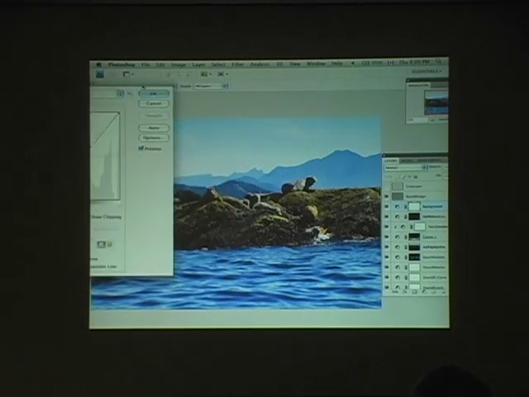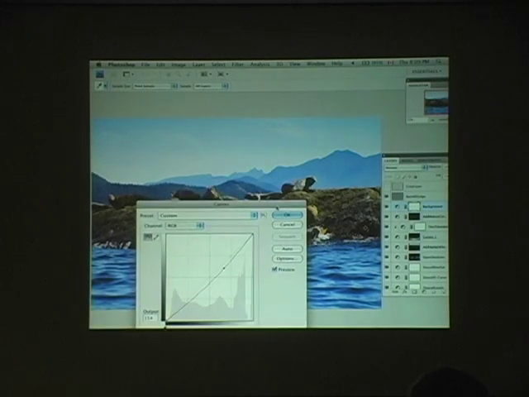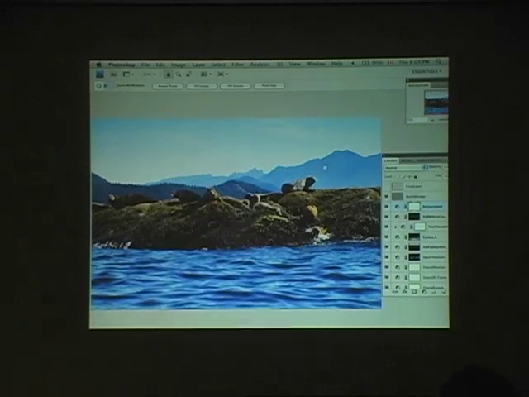If I wanted to be a little bit more dramatic about it, what I could do is make it a little bit darker and then even add a little bit more contrast. So what I'm doing is I'm looking at this island back here and these mountains here. Okay, so now what I want to do is make a mask just to apply those. So one thing that you can do